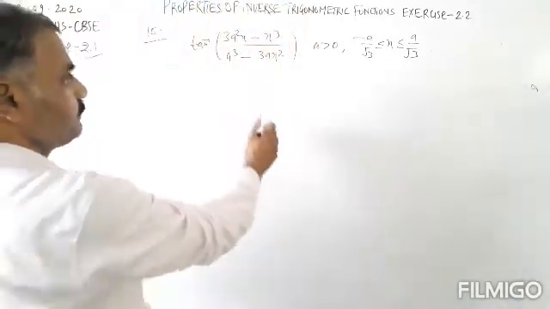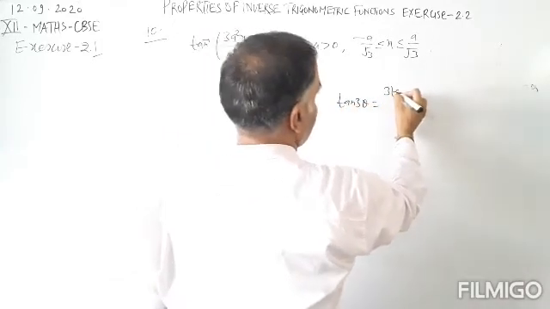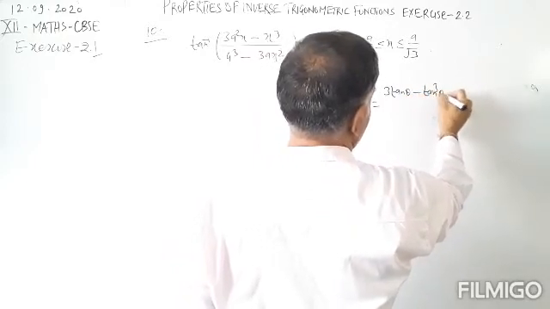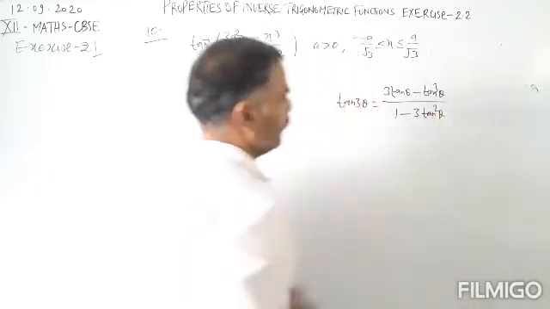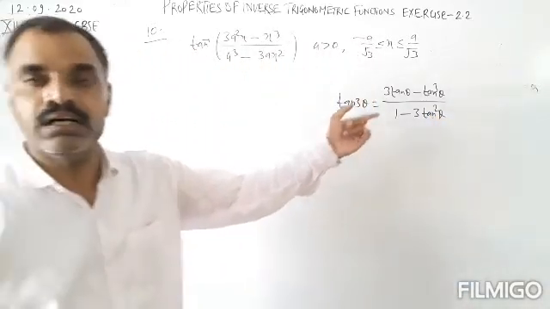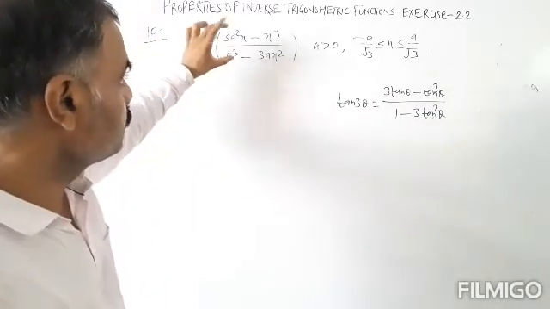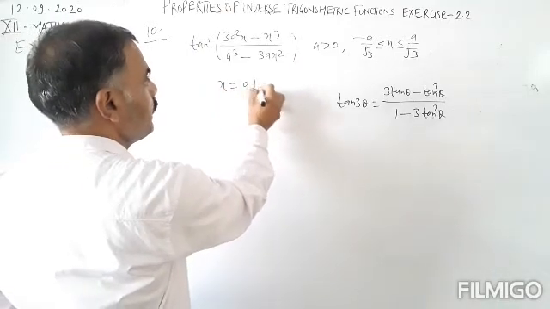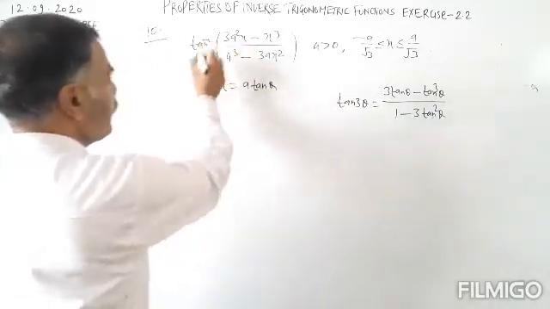You know that tan 3θ is equal to (3 tan θ − tan³θ) upon (1 − 3 tan²θ). So we have to substitute something here. We substitute x equals a tan θ. Then the given function